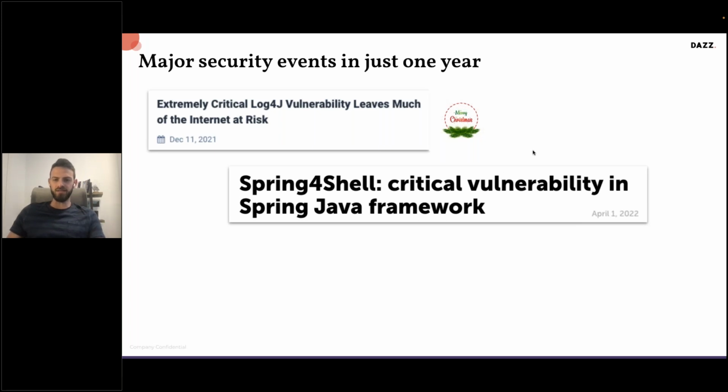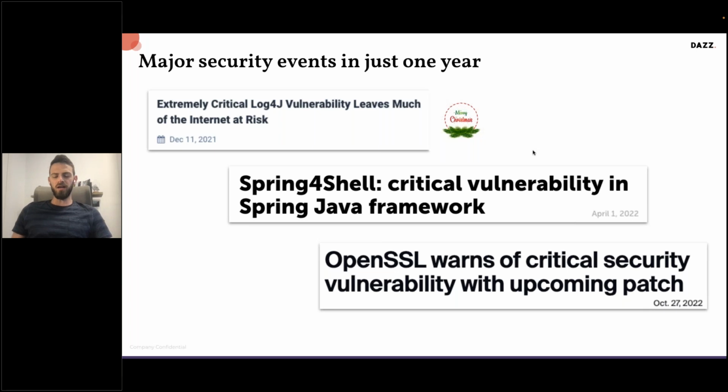And lastly, relatively around the end of the year, around October, we saw another critical security vulnerability with the OpenSSL library, which released a patch that fixed two very high-risk critical vulnerabilities that also allowed attackers to exploit our workloads, whether in the cloud or other workloads in our on-premises environment. And again, it required quite an extensive effort from security teams in order to remediate this and get their organization secure again. So this is just a very quick recap of three big events that happened last year,